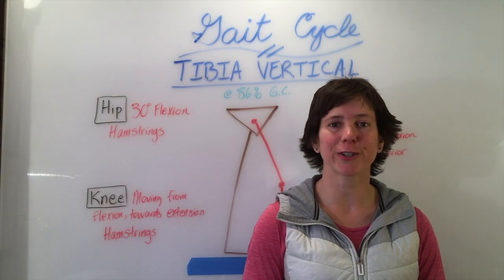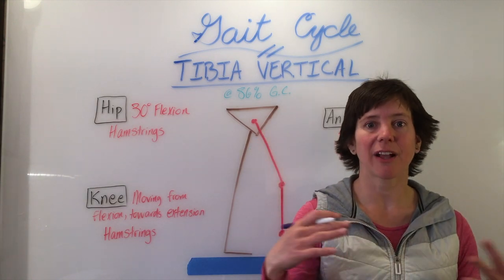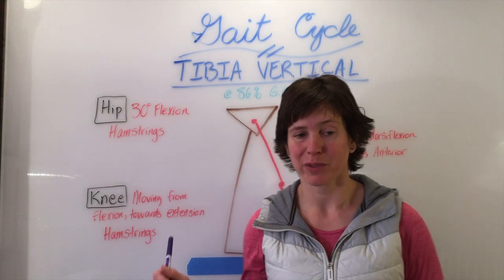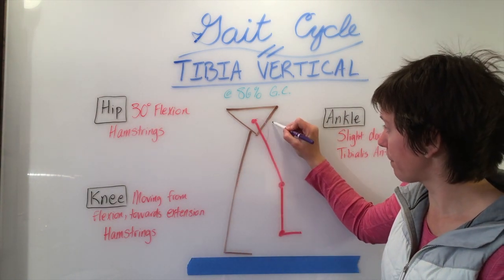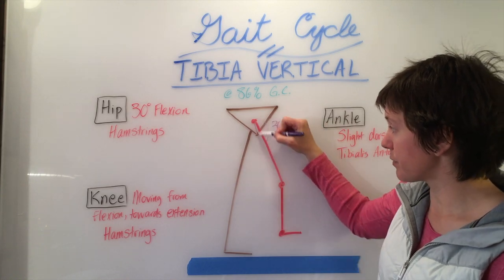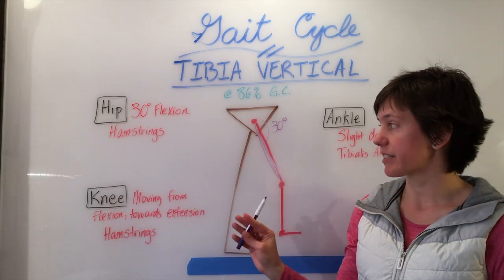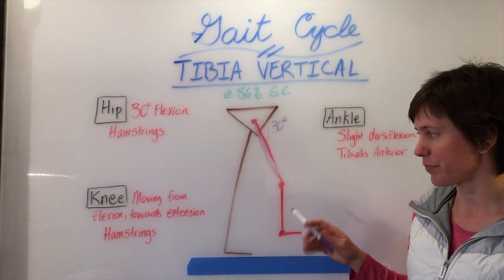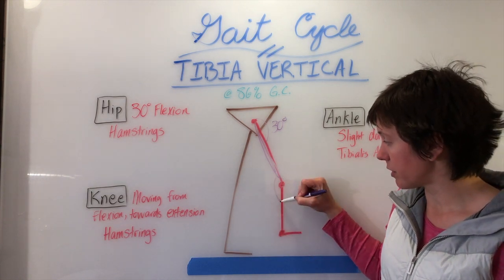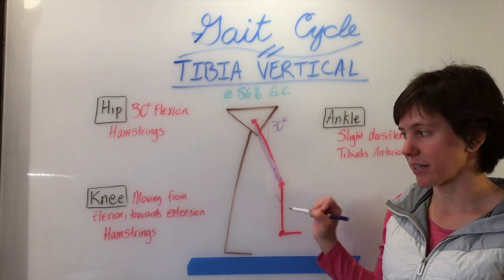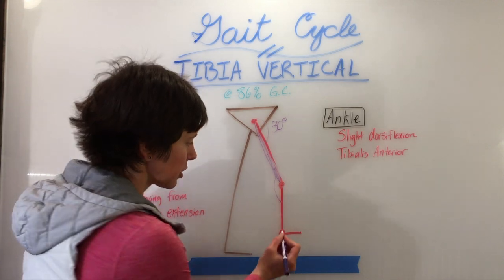Tibia vertical occurs at 86% of the gait cycle. It is the end of mid-swing and the beginning of terminal swing. So let's look at the hip, which is now in 30 degrees of flexion. And the hamstrings are firing eccentrically to slow down and decelerate the leg that is swinging forward. The knee was moving from that flexion during the last event towards extension, and the hamstrings too are also activated to help the knee. Now the ankle is in slight dorsiflexion,